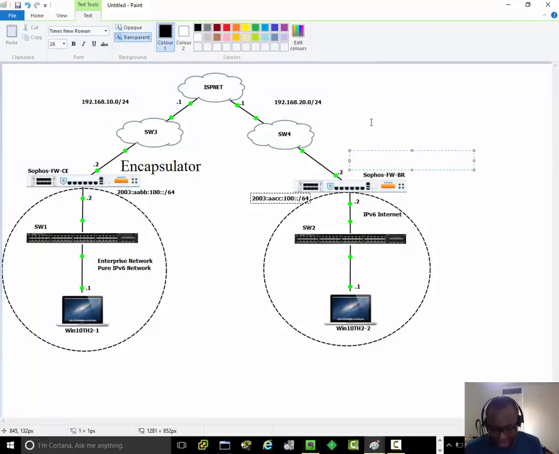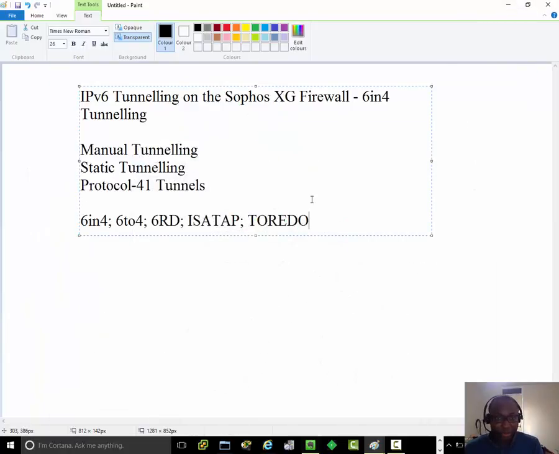and then this other side will de-encapsulate it, removing the IPv4 headers, and then pass it on to this network here. Now, one of the things to mention with regards to all these different tunneling protocols, 6in4 that we're talking about today,